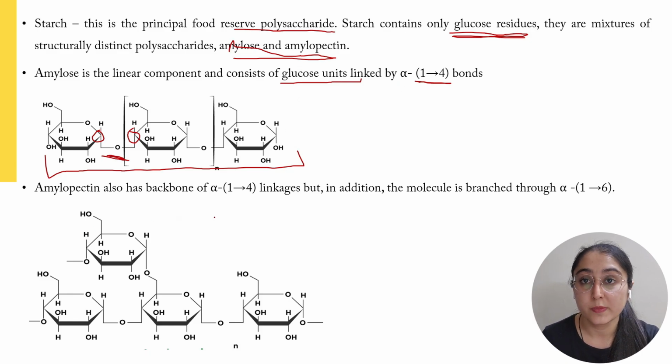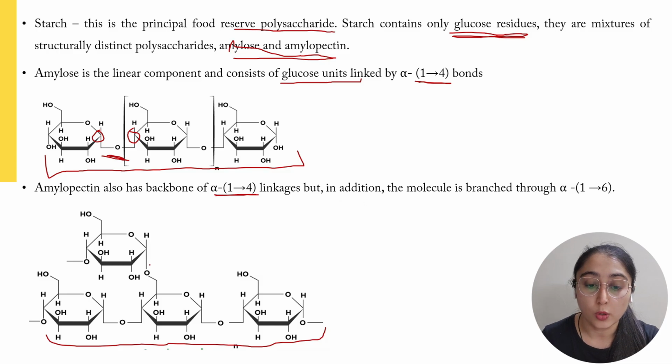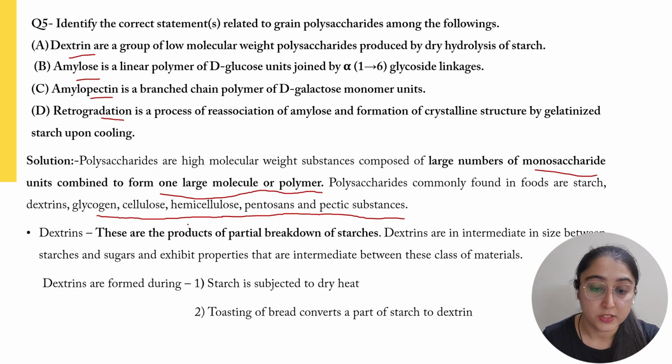Then amylopectin is basically the branched structure present in the starch, which basically consists of alpha 1,4 linkages which is forming the linear structure as we have seen in case of amylose. And apart from the alpha 1,4 linkage, it also has alpha 1,6 linkage as you can see over here. So this first carbon is attached to the sixth carbon of the other glucose, right? So it basically contains glucose which are joined by alpha 1,4 and alpha 1,6. So this is a branched structure. Now we look at dextrins.